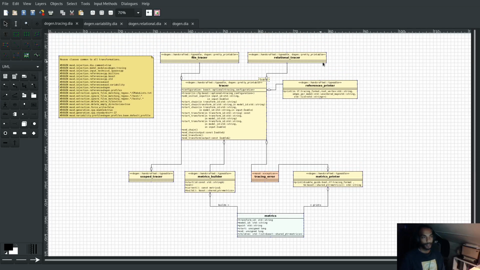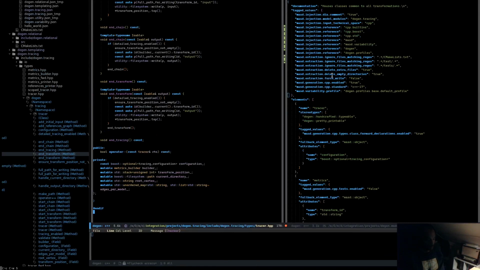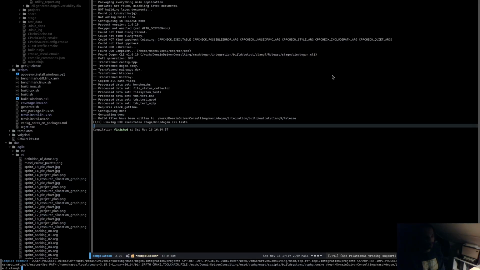So in that spirit, what we'll do is we'll just come up with a file tracer, and we will almost literally take a copy of the existing tracer, implement it, and then we will tackle the relational tracer. So we'll start with that. So what I'll do is I'm just going to generate